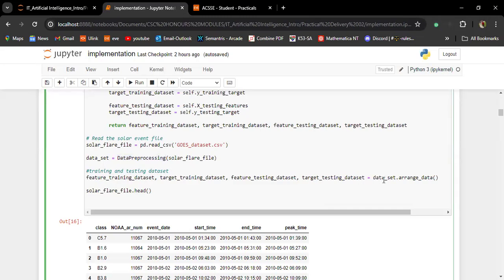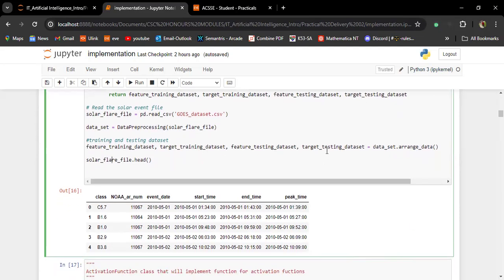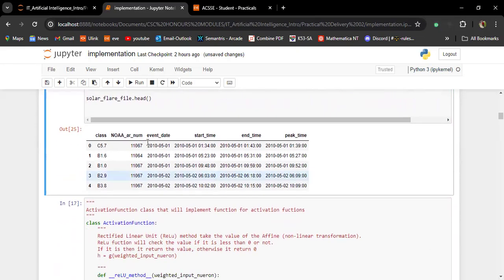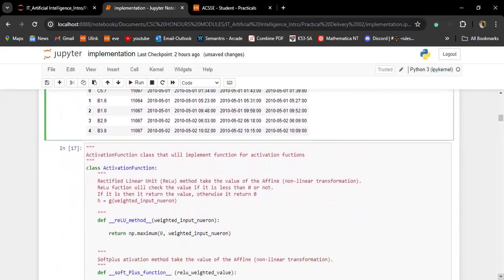From there, we invoke the arrange data method, which is going to store the training and the testing data set for features and target. And then we display to see if our method has succeeded. Now let us run, and we find that yes, it has succeeded in creating. So this method here is just printing only the first 5 values of the available records.